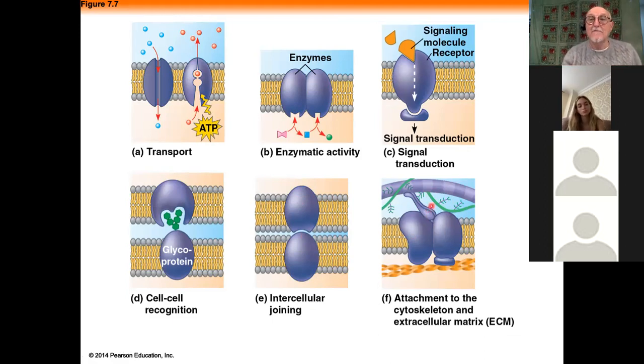So they can bind, for example, to the external extracellular matrix, but they can also bind to internal elements of the cytoskeleton, and they can bind to motor proteins, and the proteins themselves can be moved inside the membrane. So there are all these different functions for the membrane-associated proteins. Remember also, there's all sorts of proteins that are not membrane-associated. Not all proteins and enzymes are associated with the membrane. There are many which are associated with other functions inside the